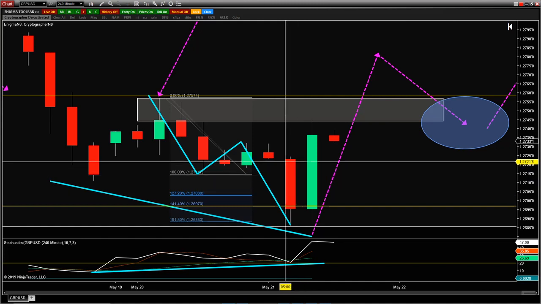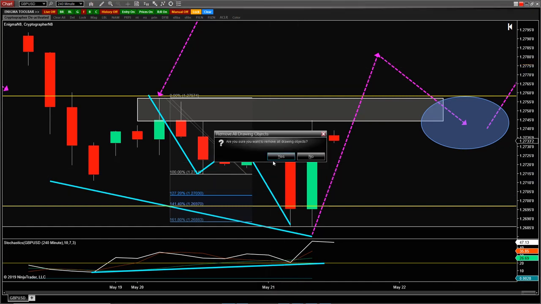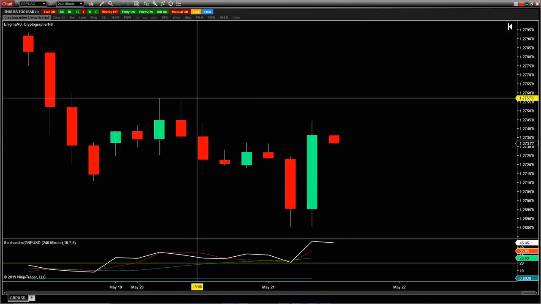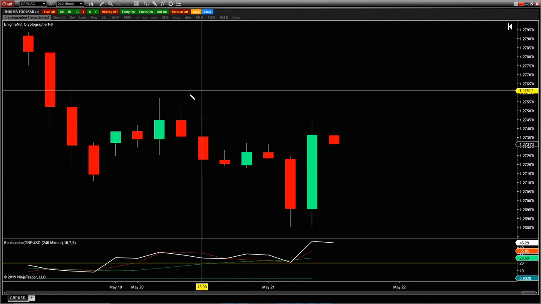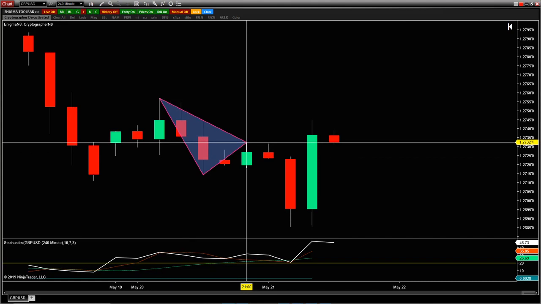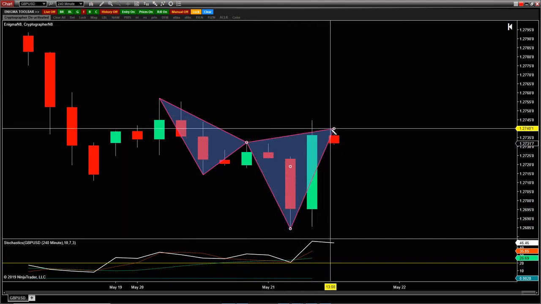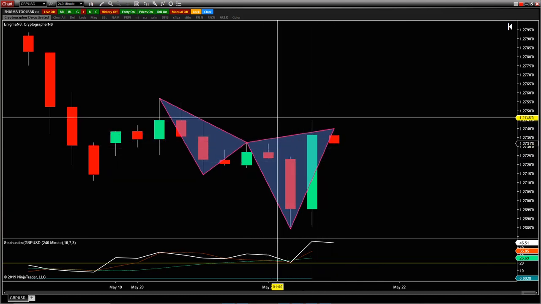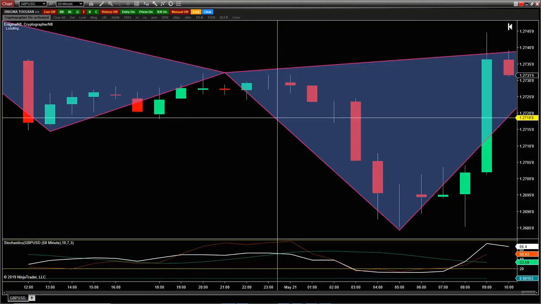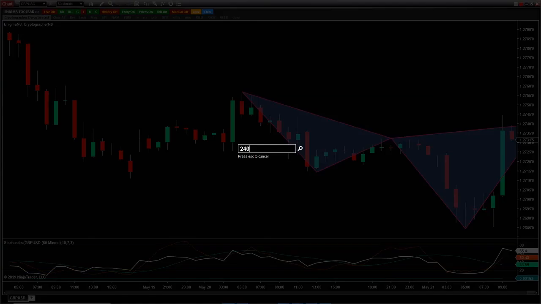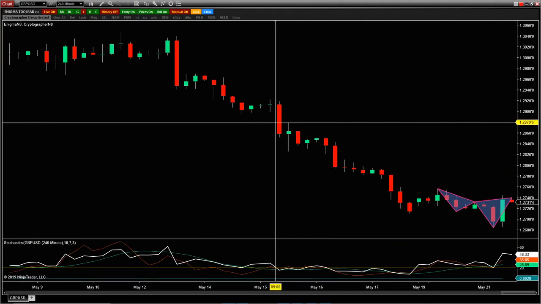I think this is a perfect example of where you would go down to a lower time frame. I don't think you can look at this and say pattern formation. I think it's one where you see it and it's like, man, that looks like on the lower time frame it could be a pattern formation, and then you would go down to the lower time frame and then you would have one. That would make sense to me. I think it's a little bit of a reach to just look at this.